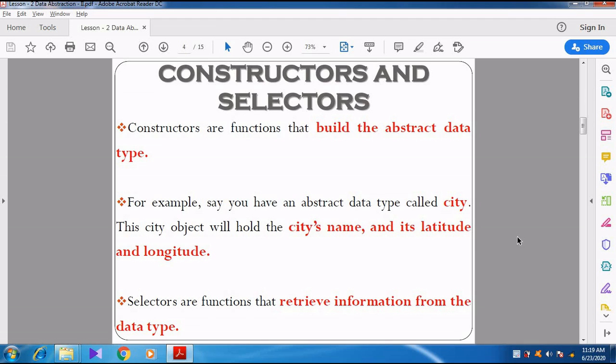For example, an object called city contains parameters such as city name, latitude and longitude. Selectors are functions that are used to retrieve the information from the abstract data type.